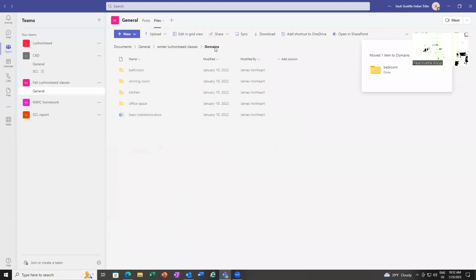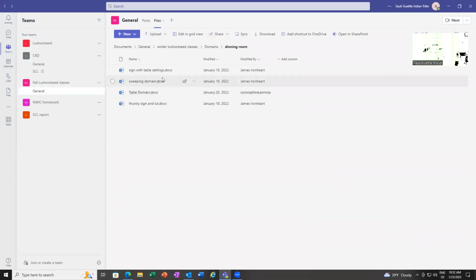We'll move that there, but it got moved there. All right. So bathroom, bedroom, dining room, kitchen is all up there now. Setting the table, sweeping domains, table domains. As you can see here, there's just a lot of things you can play around with in this.